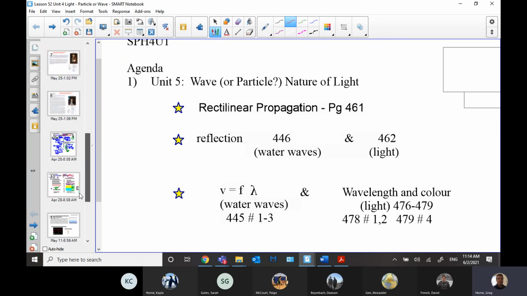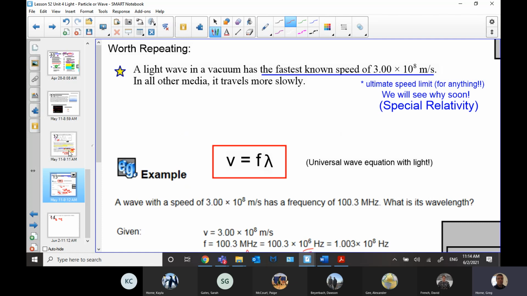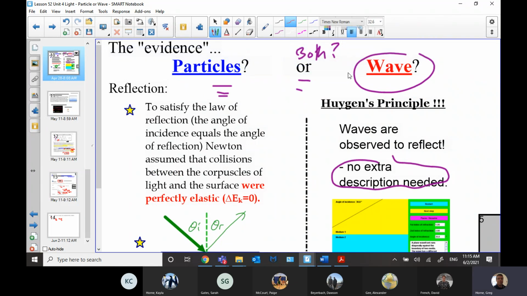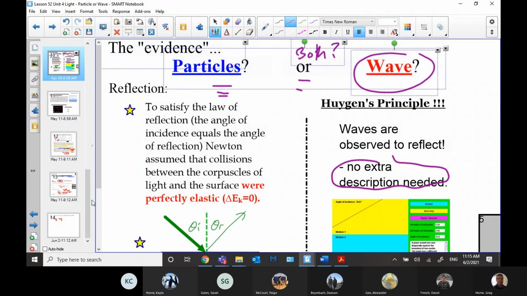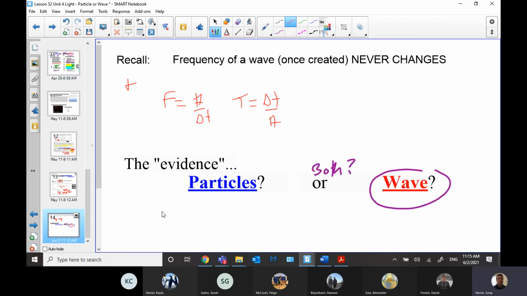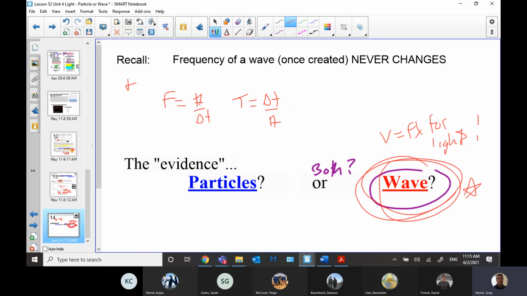Okay, so before I'm done here saving, I should point out the idea of this, right? Let's go back to the evidence, particle and wave and so on. When we're looking at v equals f lambda, I think we're really saying wave for this one, v equals f lambda for light. So when we're gathering evidence here, I think we're saying, man, it's got some serious waveness to it, if we can do v equals f lambda calculations, just like we did with waves, okay?